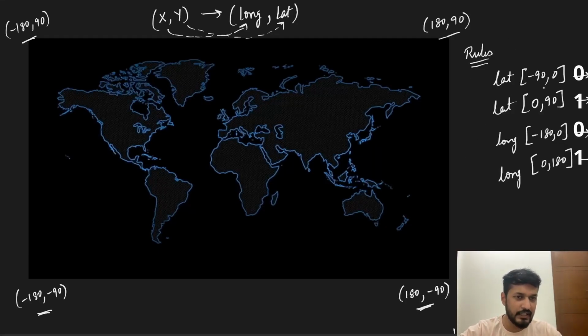So for latitude between minus 90 to 0, we'll denote it as 0. 0 to 90, we'll denote it as 1. Longitude between minus 180 to 0, we'll denote it as 0. And longitude between 0 to 180 will be denoted by 1. Okay. Now to form geohash of this world map, our first step is to divide the world map into equal parts by drawing a horizontal and vertical line. Okay, so let's divide this particular world map by drawing a horizontal line